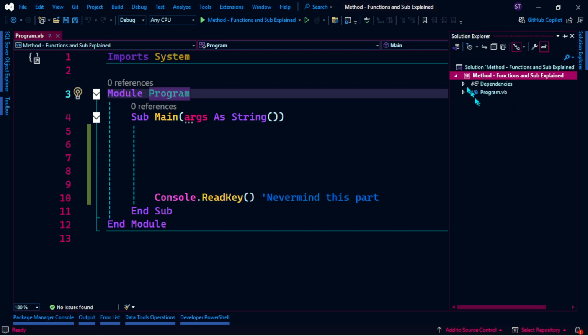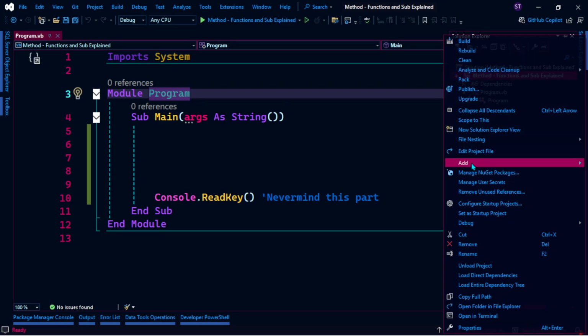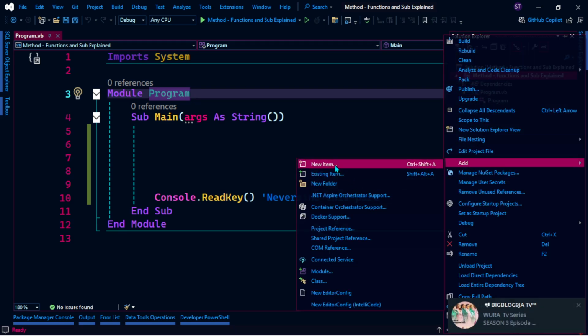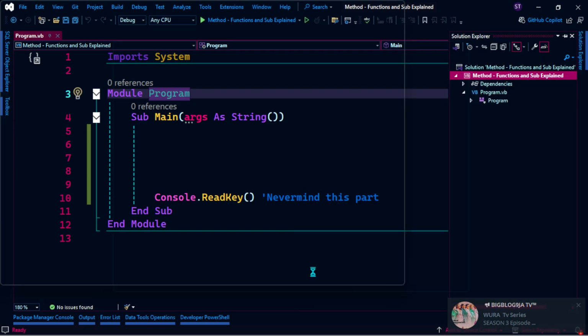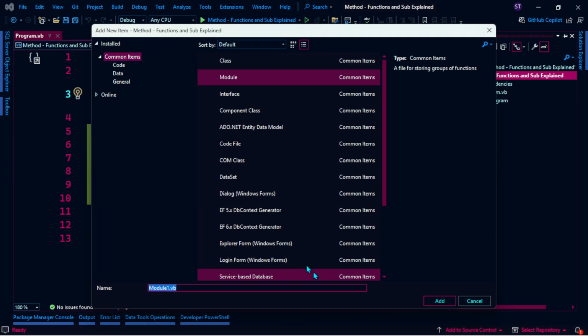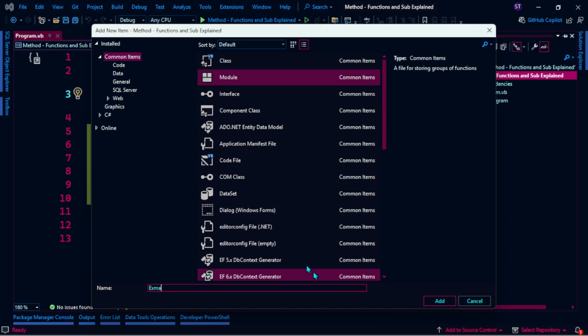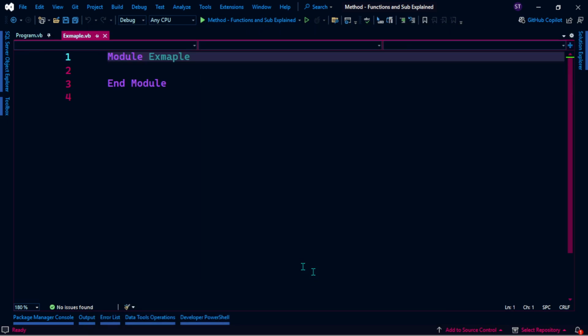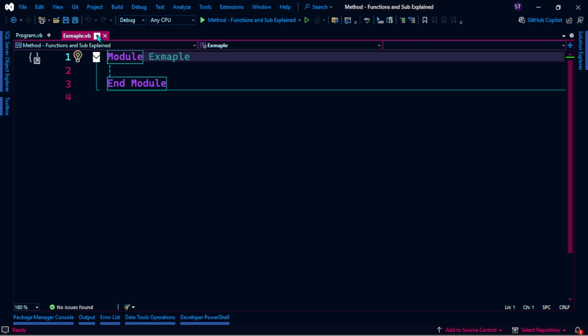is it here? Dependency program files. I think it's here, and then I think I have to right click, add, and then a new item. Is there a class, a module? Yep. I have to add a module. Let me just say example. So I'm gonna create a module called example. It's gonna be something like this,